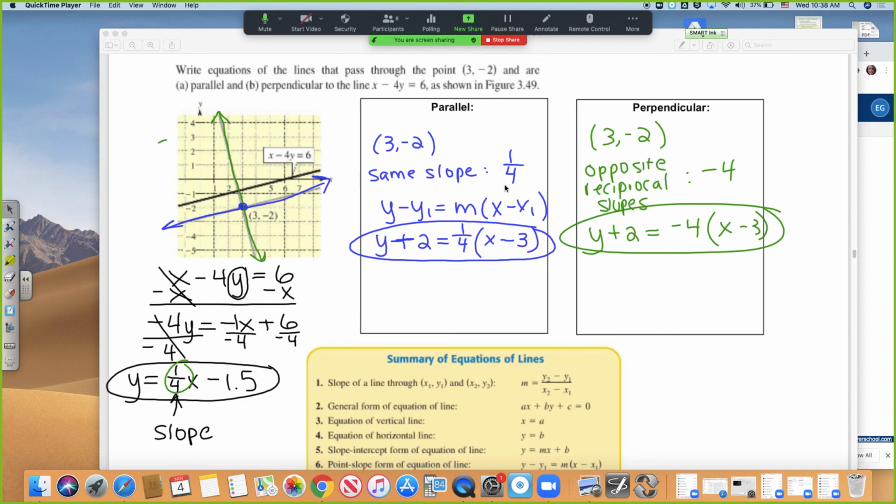So that stuff is hard, but the only difference between these two lines is that they have opposite reciprocal slopes. They pass through the same exact point. So tomorrow we'll start with the summary of the equations of